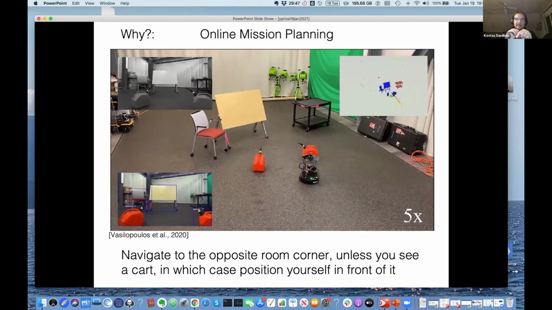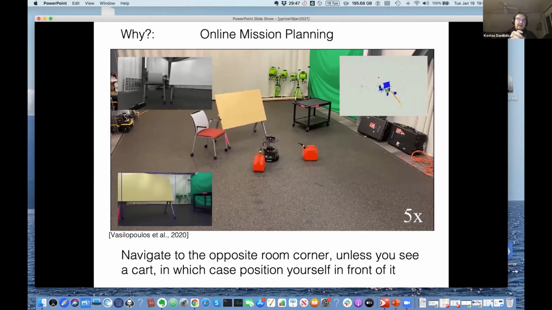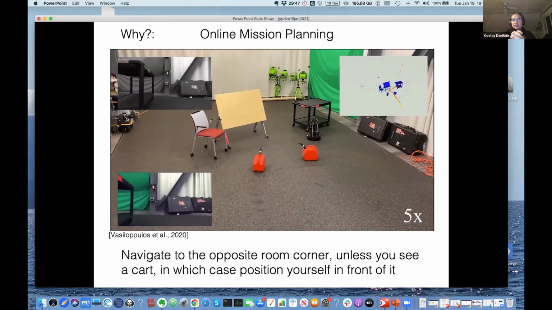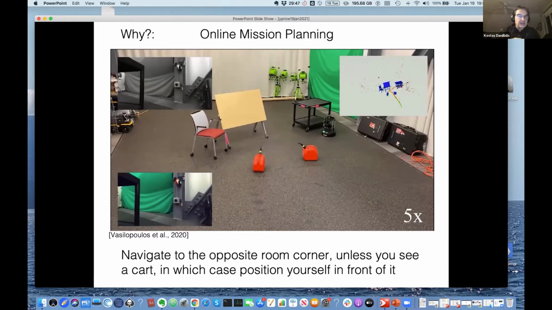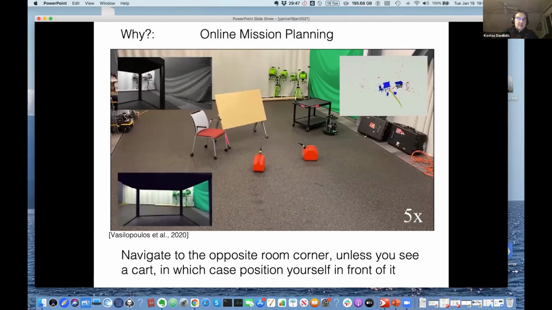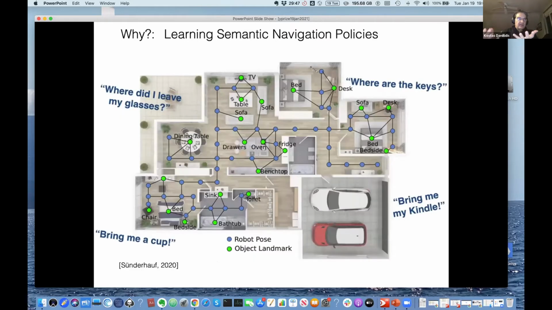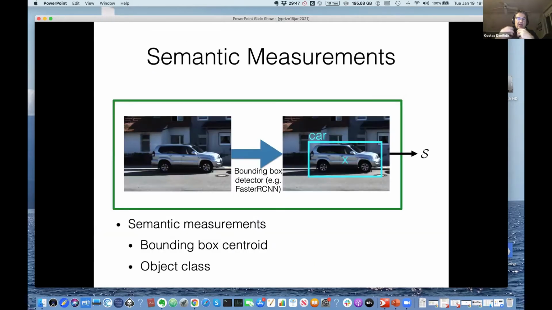Not only finding your path, but also at the same time recognizing the objects and putting them at the right place where they belong in the environment. So why is it hard, and why is it not yet, for example, on our phones? Oh, this is another application more recently, where in terms of reinforcement learning, you can build a semantic navigation policy. You see, this is not only where is its object after we have done the semantic mapping, but also the relation, the context of these objects to each other. And why is this hard?